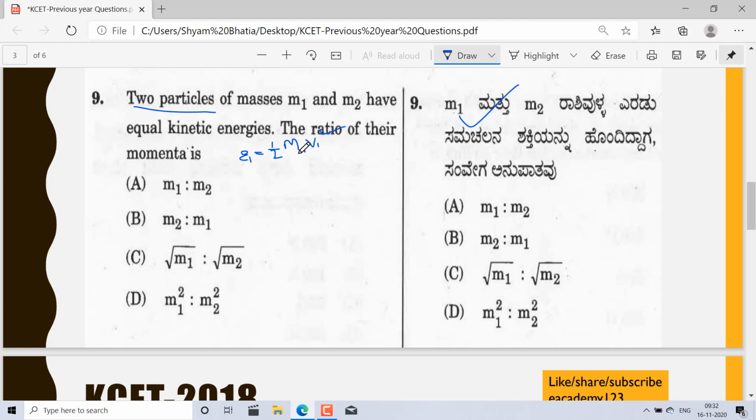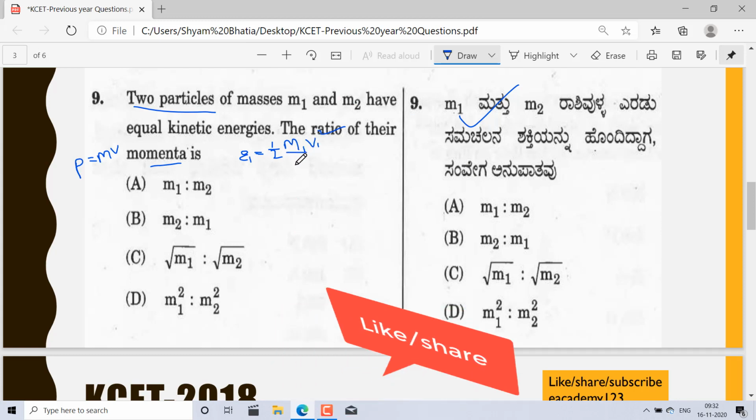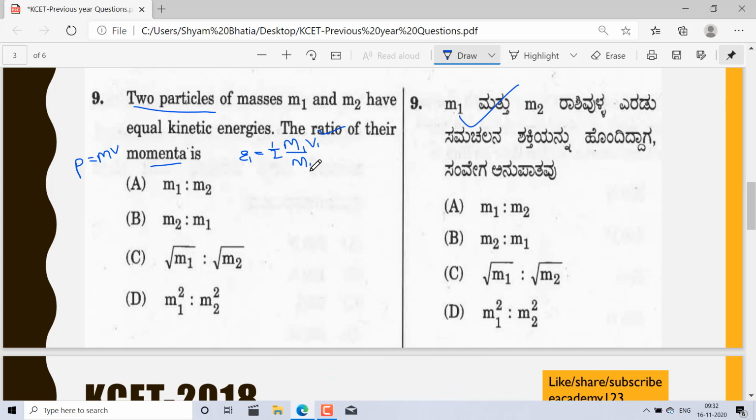I need the momenta, and momentum is P equal to m multiplied by the speed of that body, so mv, but here we have v square. So I will multiply above and below by the same quantity, m1. So here it is m1 square v1 square, and here it is 2m1, so E1 equals